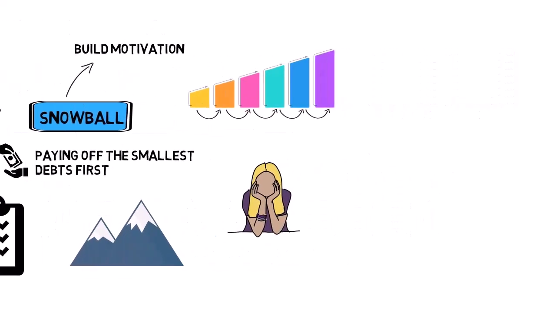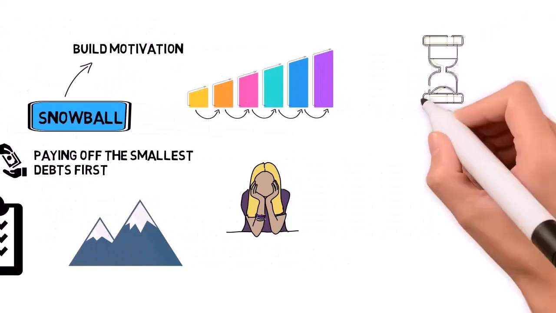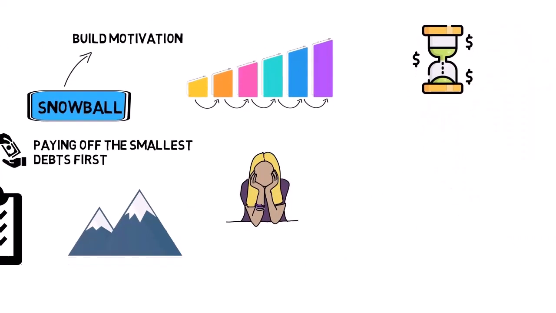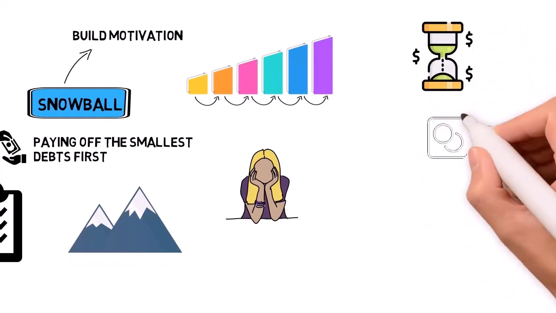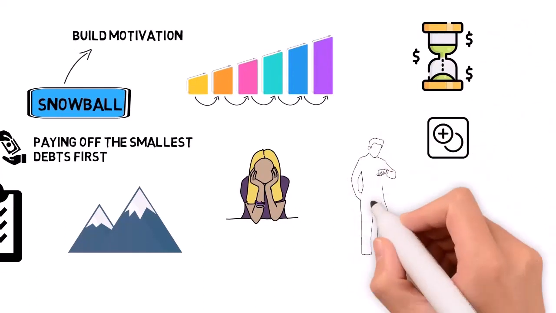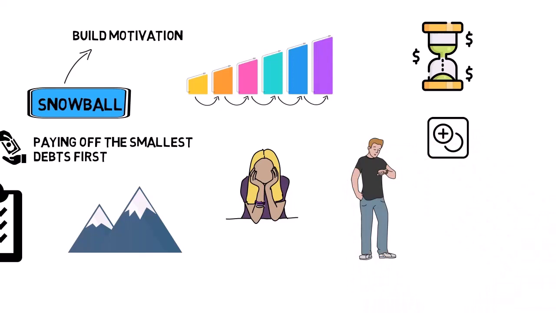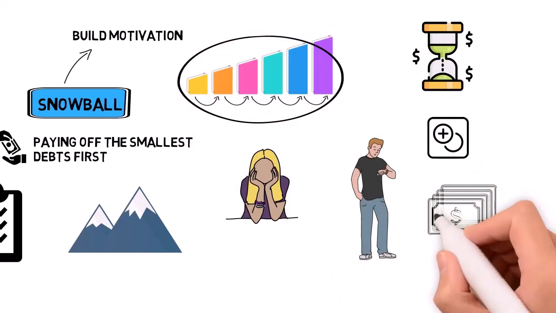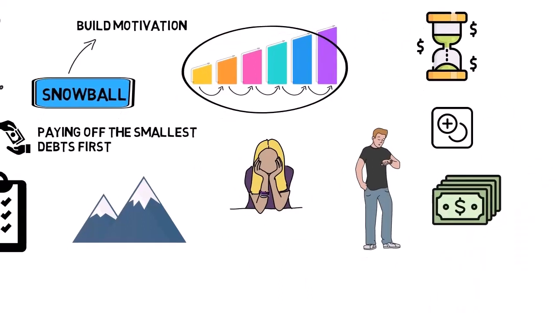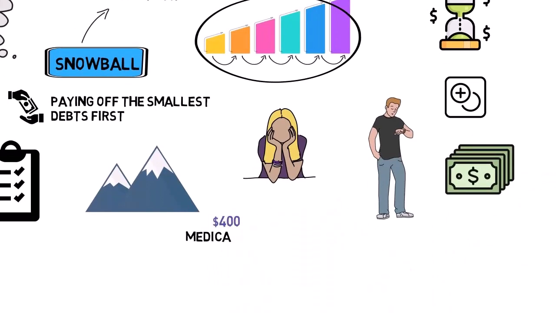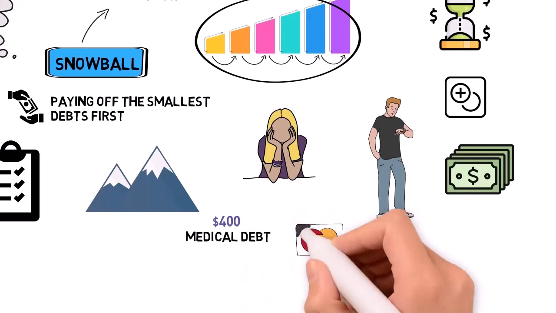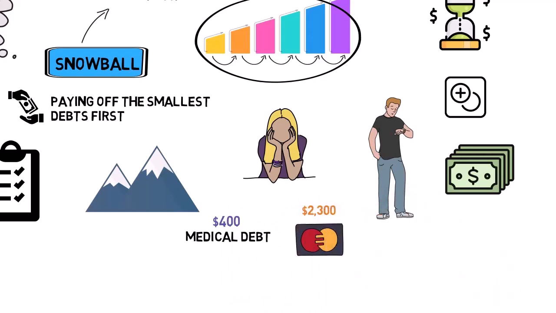The biggest drawback of the debt snowball method is that it can be more expensive in the long run. When you prioritize balances over interest rates, you may end up paying more in interest. It can also take longer to become completely debt-free. While paying off your obligations from smallest to largest, you'll likely still be paying high interest rates on other loans. For example, if you begin by paying a $400 medical debt with a low interest rate but have a credit card debt of $2,300, you would continue to pay higher interest rates on the credit card debt while you pay down the $400 medical bill.